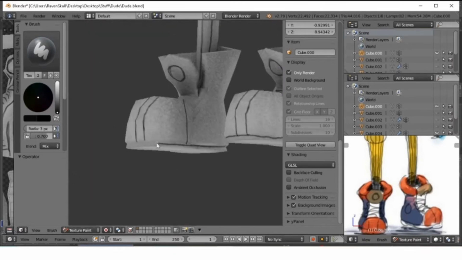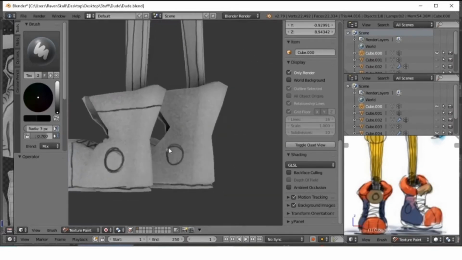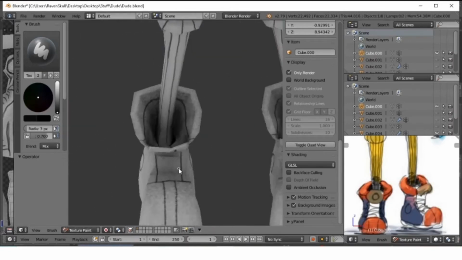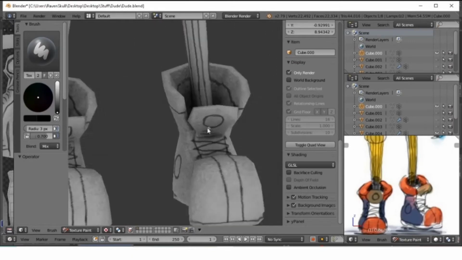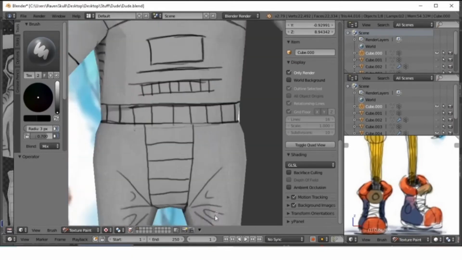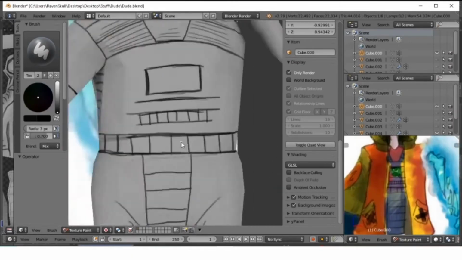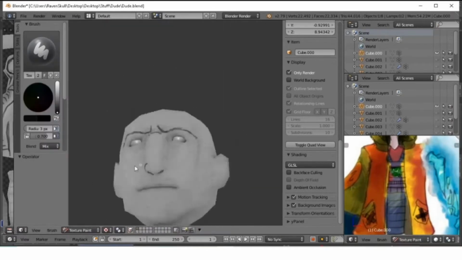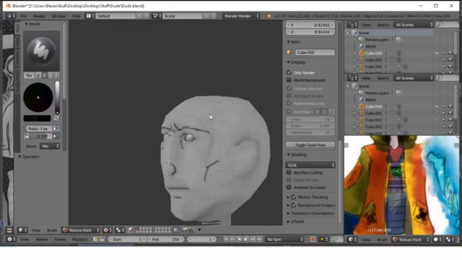It doesn't have to be very clean, but the tighter the sketch, the better results that we're going to get later. So I was trying to put as much as possible, but not be as